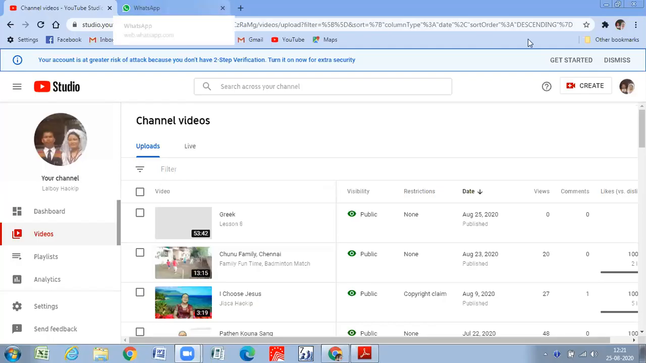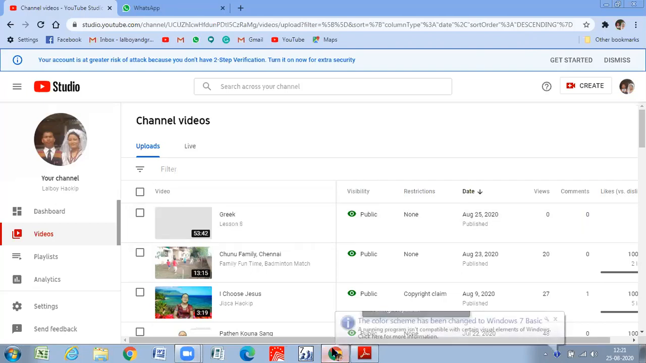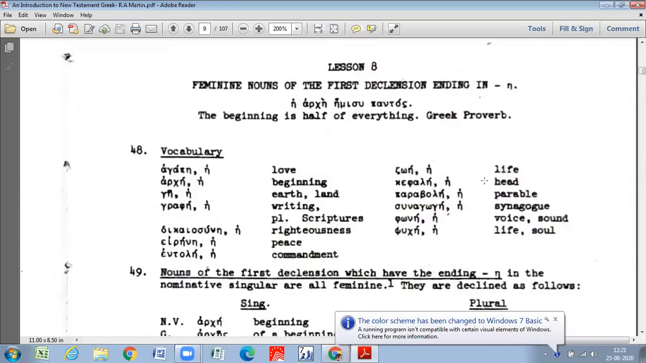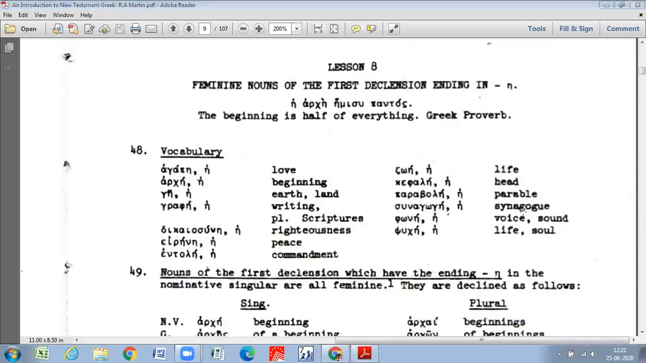Okay, today we will start with, I don't know how far you have done with your lesson number 8, but I'm going to start today with lesson number 7. I'm going to start today with lesson number 8. Okay, yes, so lesson number 8 is all about